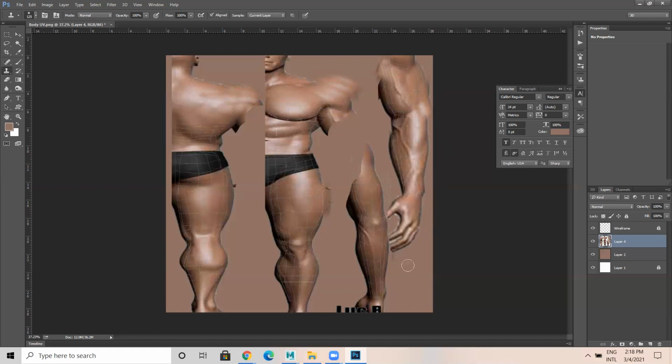Okay, we have done this. Then coming to here. Okay, it's done. Later we just need to merge this.